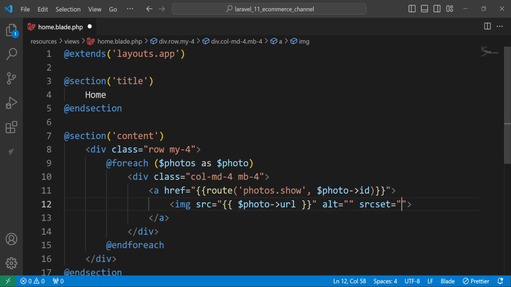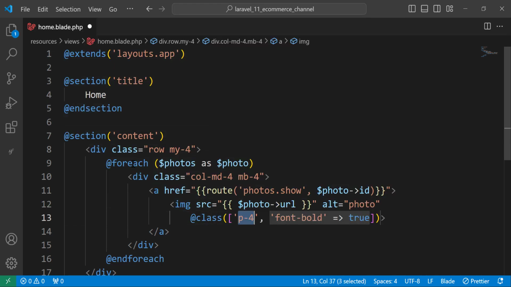Let's remove this one. Let's give it alt, so the alt is just photo. And what else we need? We need a class, not this one, but this one. So the class will be, let's give it width 100 and shadow-sm,